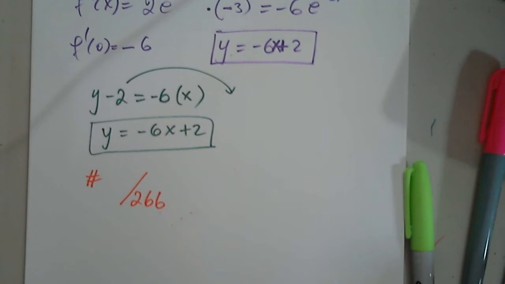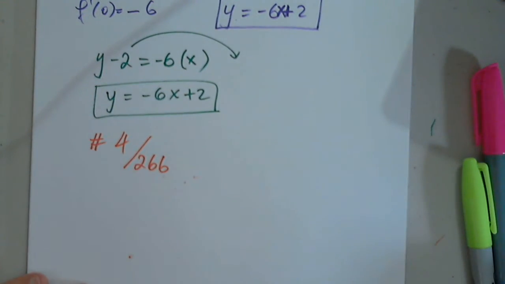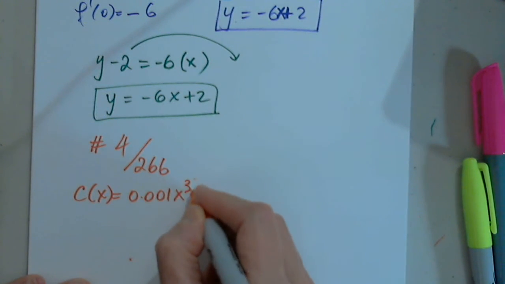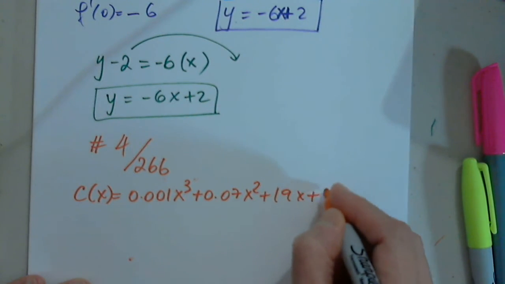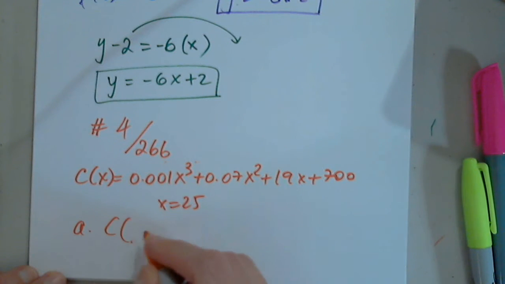Okay, so what about this one? That sounds good. So this is number 4 on page 266. Suppose the monthly cost in dollars of producing is C of x equals 0.01x cubed plus 0.07x squared plus 19x plus 700, and currently we're producing 25. If we did this before, we can choose another, but I don't remember if we did this. So what is the current monthly cost? In part A, I have to find